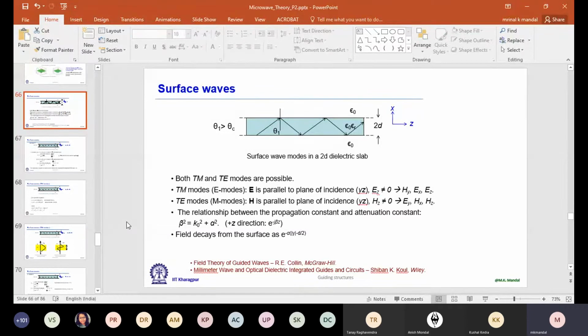Basically, as shown here in this structure, this is for a dielectric slab scenario. So let's say you have a discontinuity, a microstrip or a step, impedance step. From that, some propagating wave is generated. And now the mode is no more TEM. It is a different mode, TE or TM mode.